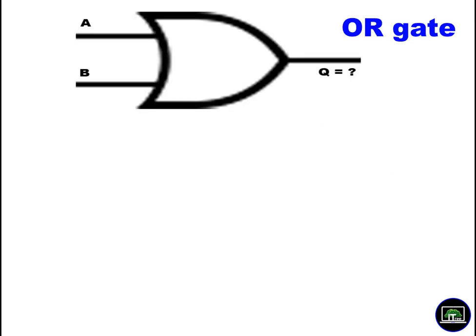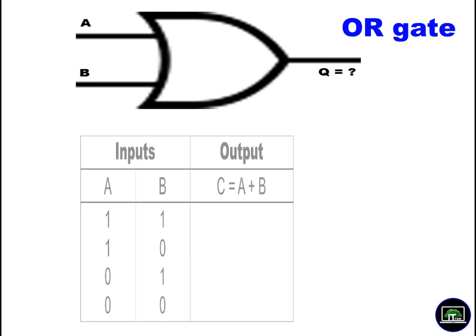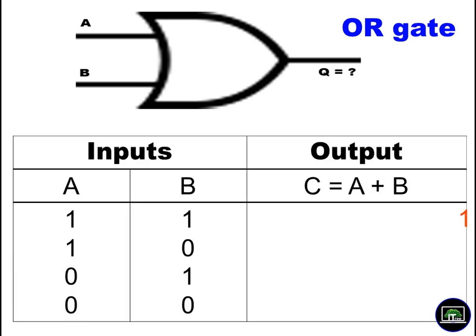This is the standard symbol for the OR gate. You have the truth table. You have the standard equation for that one. So 1, 1 becomes 1. This we can simply treat as plus, addition. I made the truth table the other way around, but still you can draw it. You can fill it.